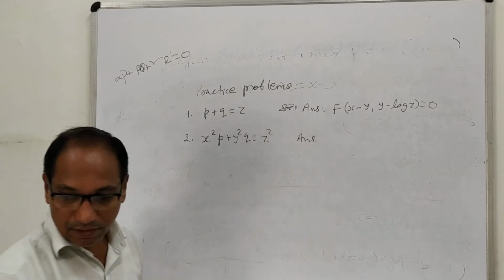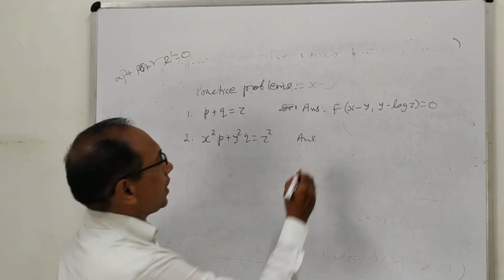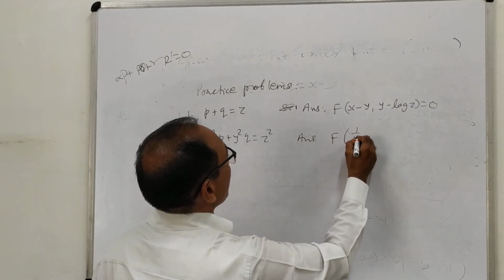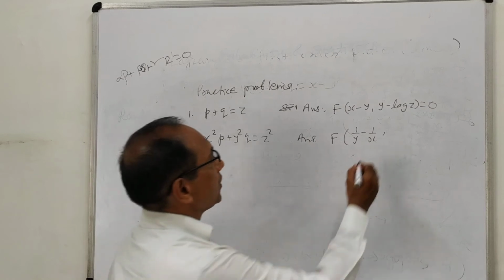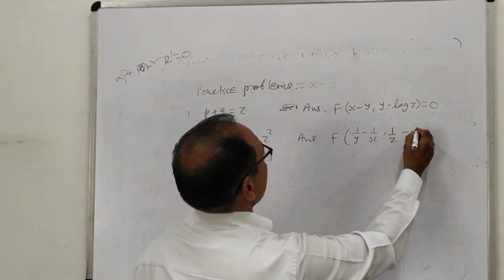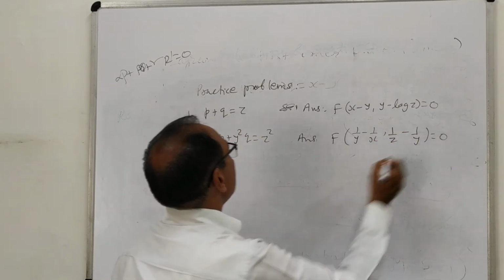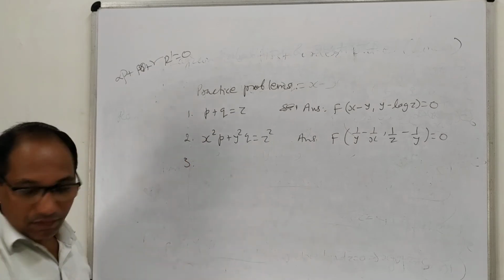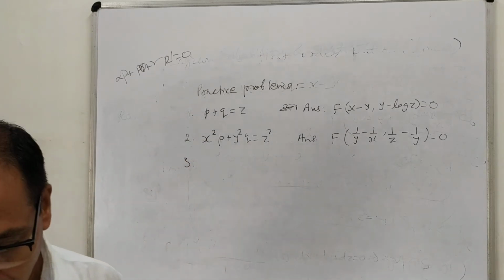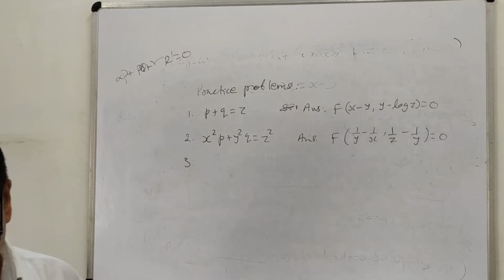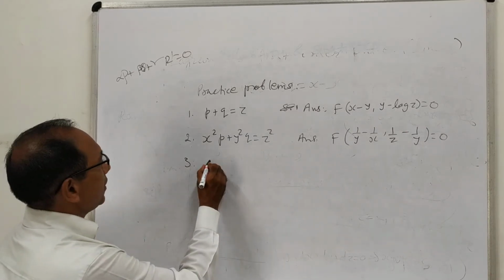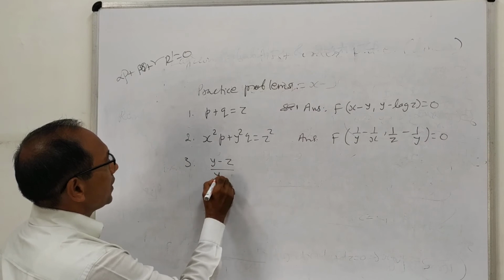Its answer is capital F of 1 upon y minus 1 upon x comma 1 upon z minus 1 upon y equal to 0. Third one, which I want to give you here, is y minus z upon yz